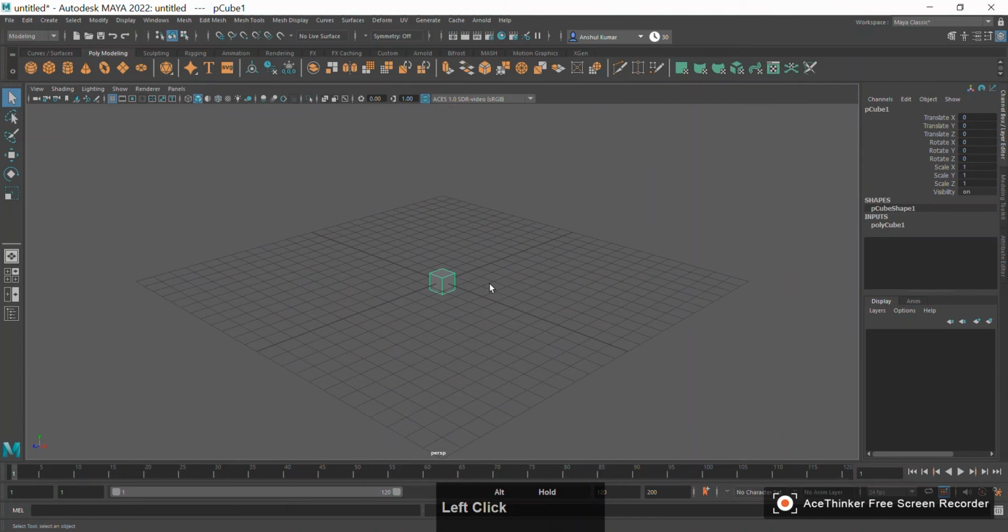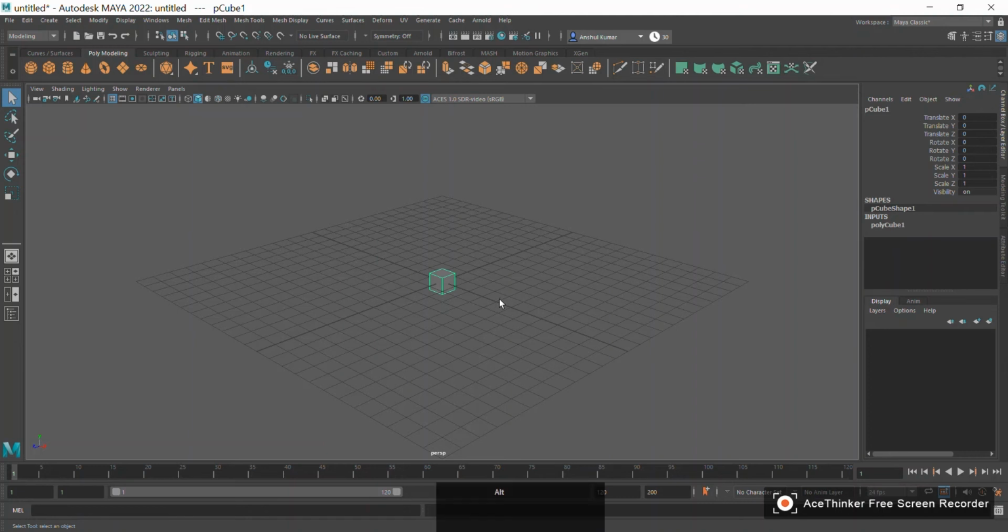Now suppose I want to zoom in on this model. It is very small and I want to see it bigger. So what we have to do is zoom in. So how are we going to zoom in? Again, the Alt key is the important part here.